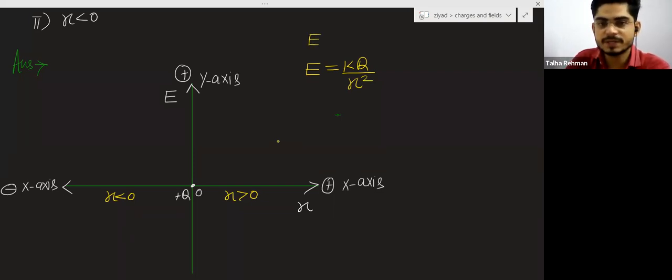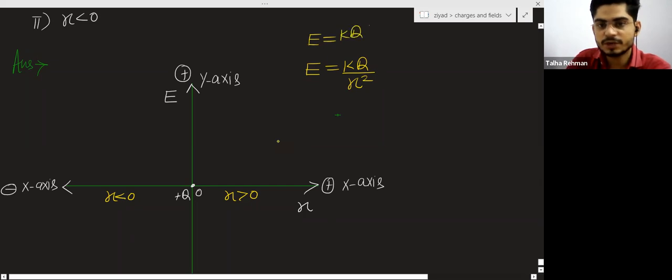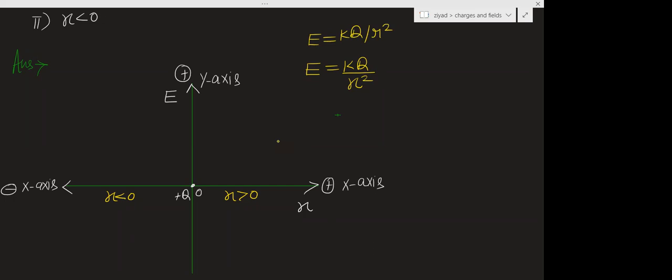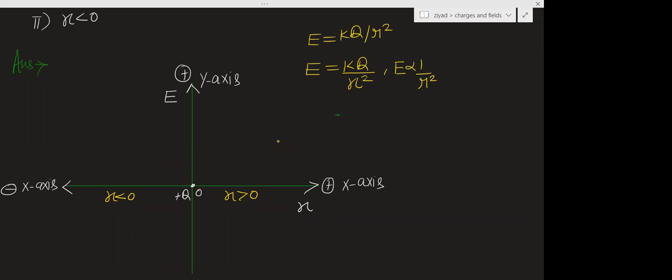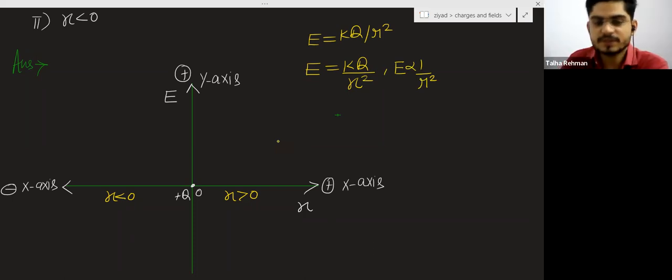Earlier I wrote E equal to kq divided by r square; r is also a distance, and now we are taking the distance according to this question. So the electric field is inversely proportional to 1 by r square. So for x greater than 0,